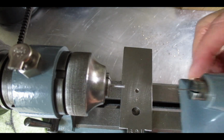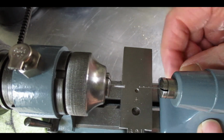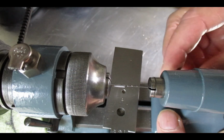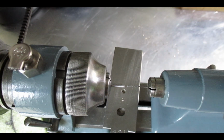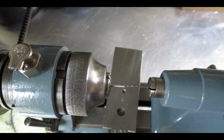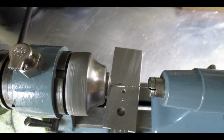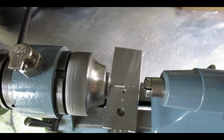Drill the correct size in there. They're not that hard, these arbors, not like French ones. You normally have to kneel before you can do anything, but these you don't need to. This is just a high-speed steel drill bit, and I only peck drill. I have got carbide drills as well, but